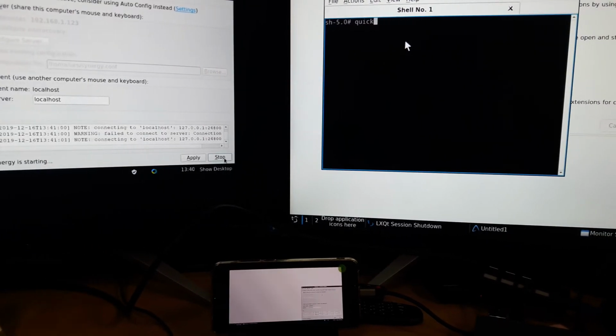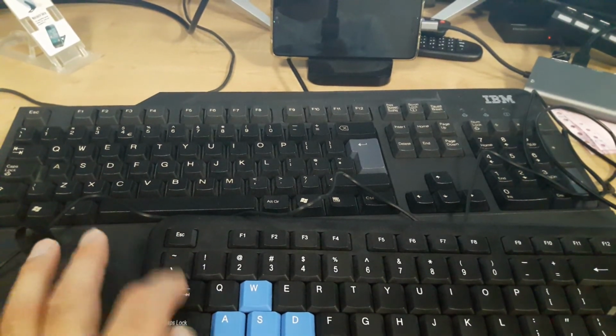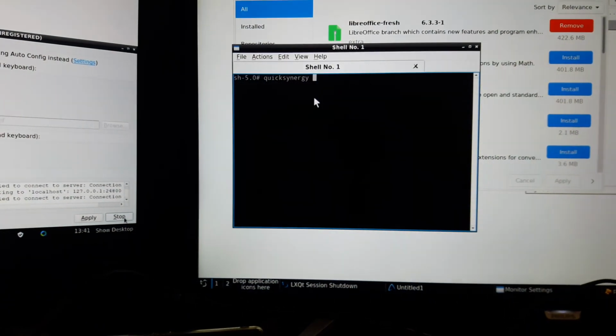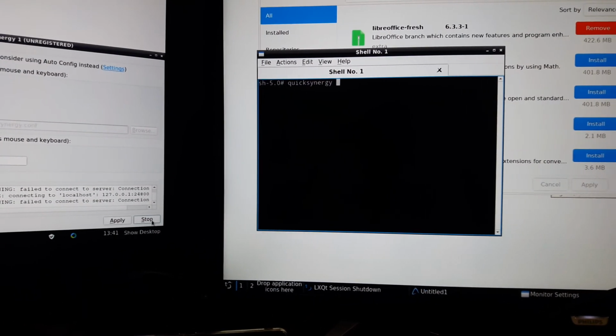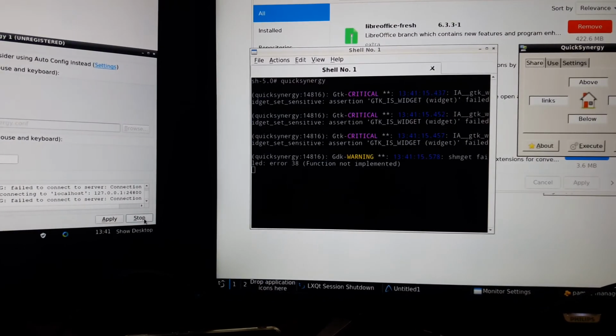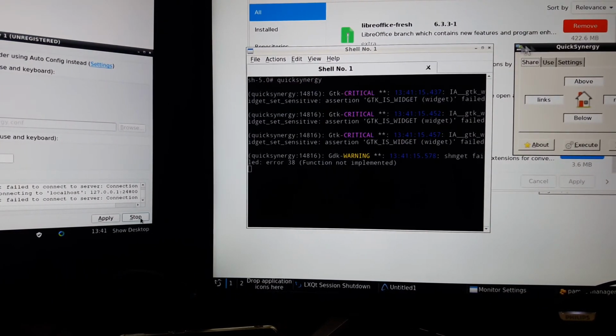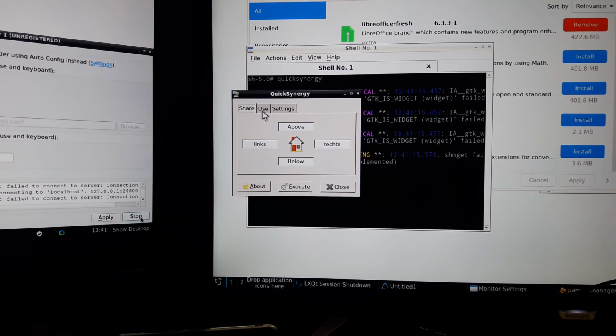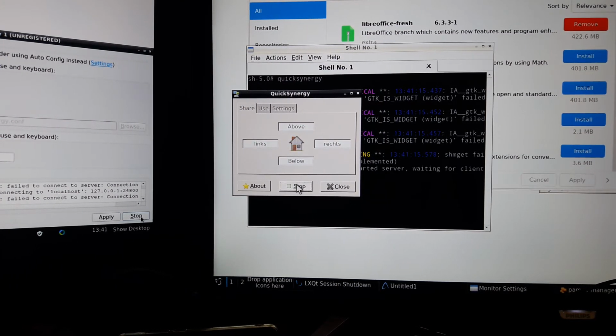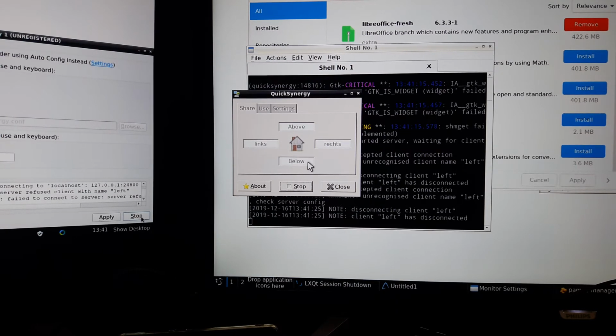You can complete program names with the Tab key. If you push Tab, it will output the whole name, which will make it easier for you. So now again, we start the server, execute, and